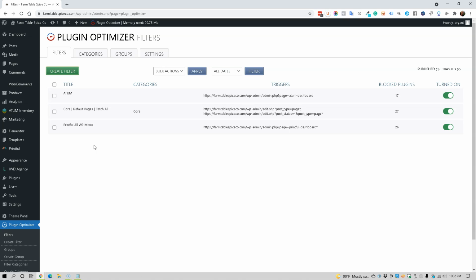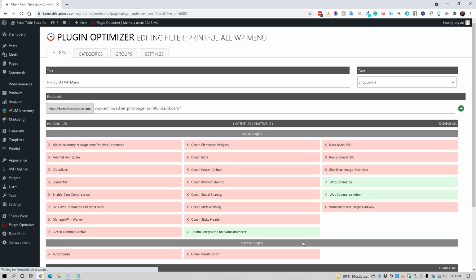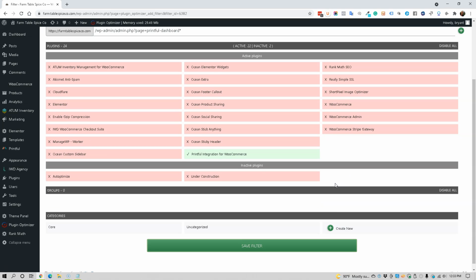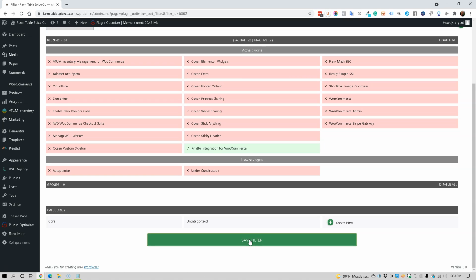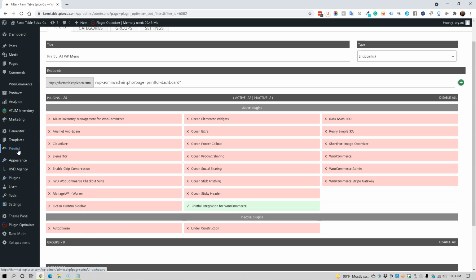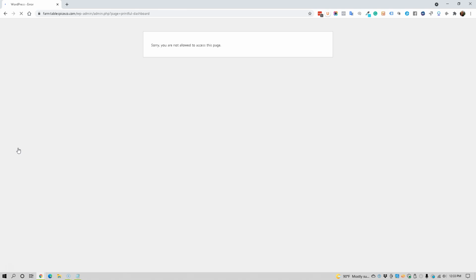and let's use this filter to start with. What I'm going to do is block WooCommerce and WooCommerce admin, and I'm pretty sure that's going to break this filter. So this is my Printful filter,